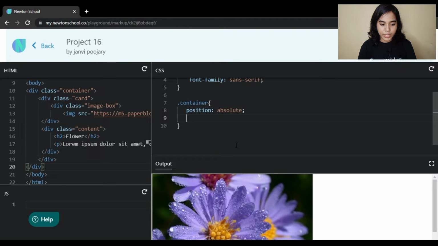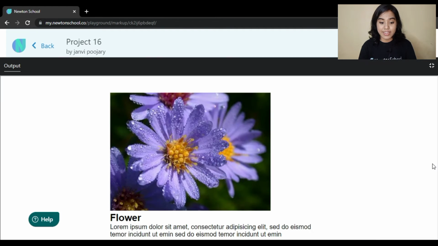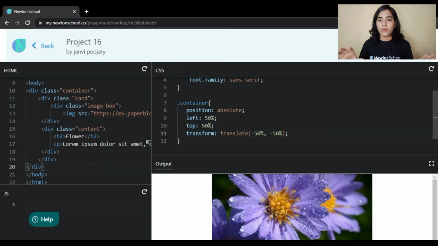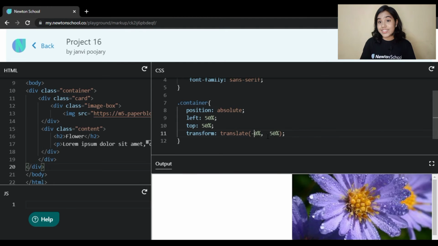Then I'm going to target my container, and there I will write position absolute, left 50%, top 50%, transform translate 35% from the x-axis and 50% from the y-axis. Now why have I done this? Because I want to center it in the middle, but it was not properly centered using -50% and -50% from the x and y axes.